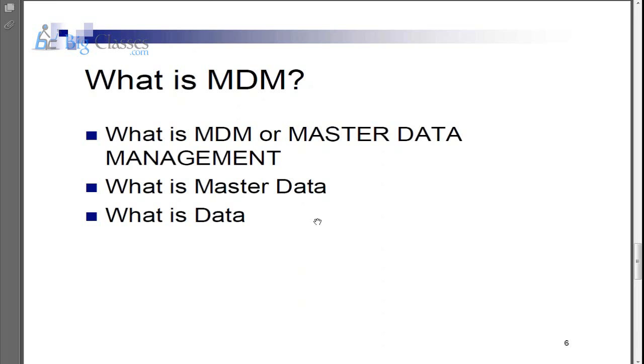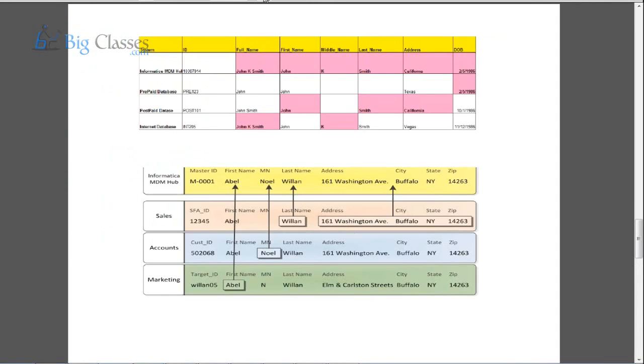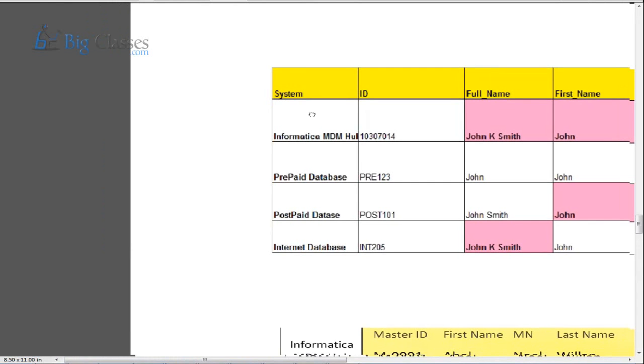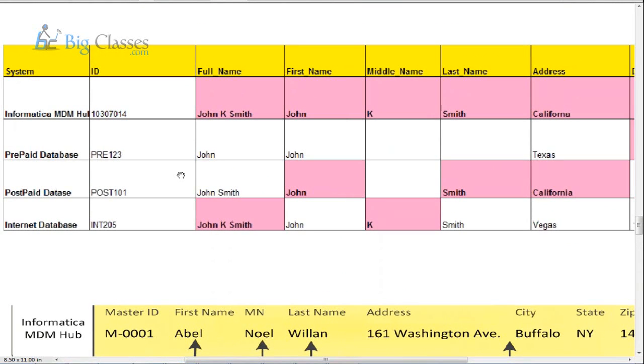So now, what is master data? We understood what data is. Now, what is master data? Let's try to understand with this example. This is a very small example. Let's consider a company called XYZ. Let's say XYZ is a telecom company and they are selling 3 products. One is the prepaid service, another one is the postpaid service, you can see here, and another one